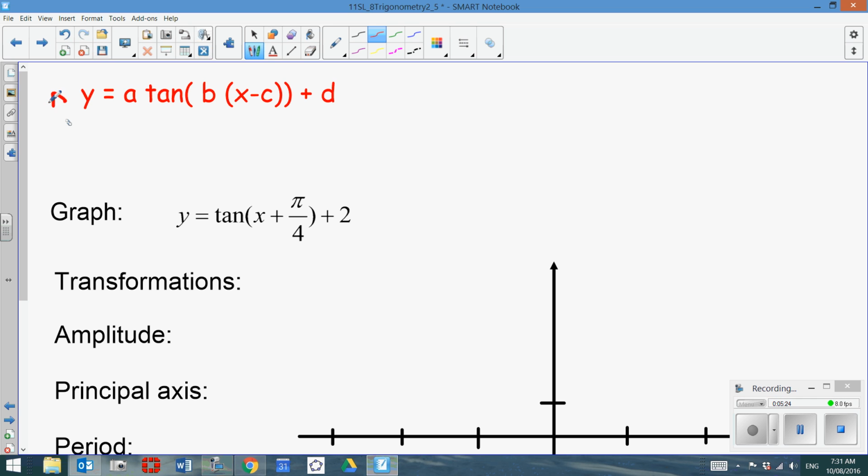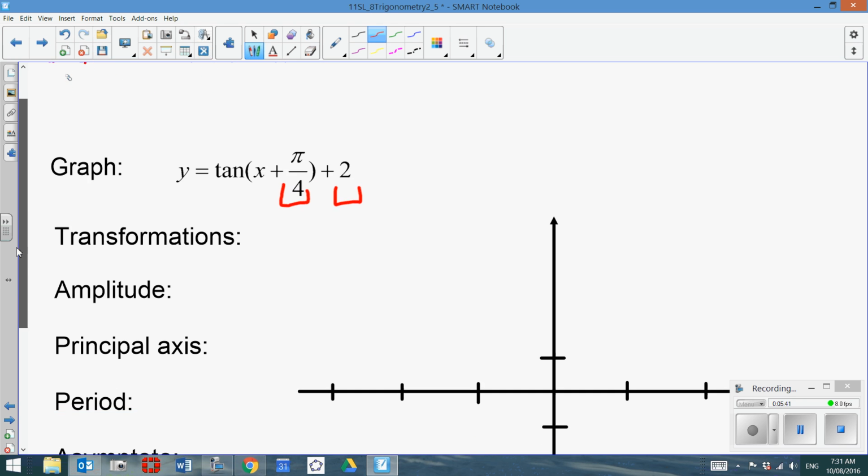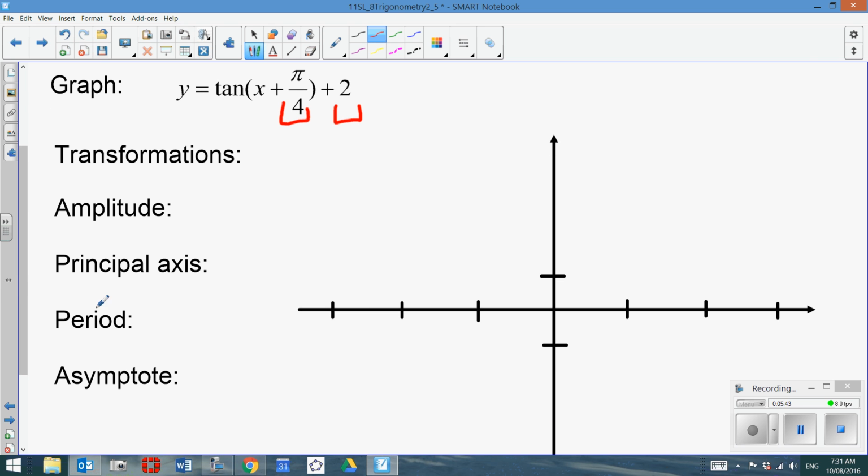So please make sure that you guys have the general form of the tangent function written down, and go ahead and identify the two changes that are going to happen in this next example. We have a horizontal shift left by pi over 4 units, and we also are going to move up by 2 units. So remember that 2 units of shifting upward is going to change my principal axis to now be